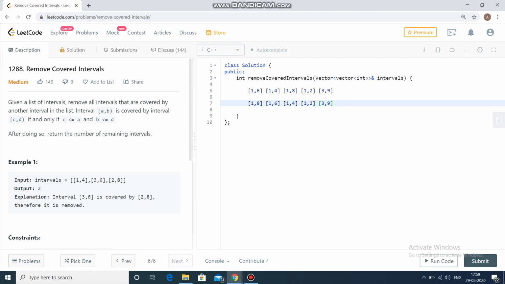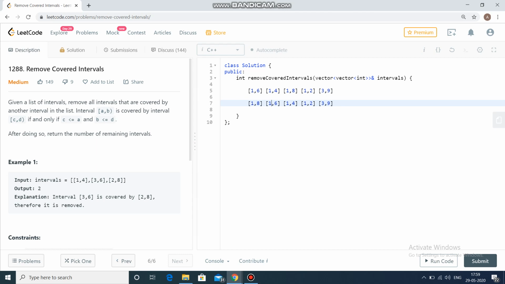Now the question is how we get the intuition for why we do this. The basic concept is that an interval at some jth position can't cover an interval before it. For example, if an interval is at the 8th position, it can't cover an interval at a position less than 8.